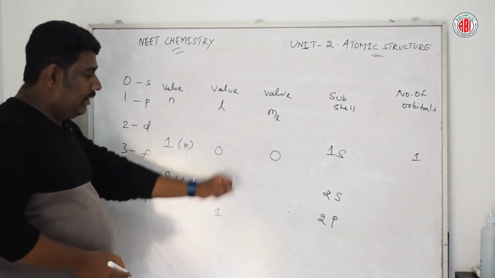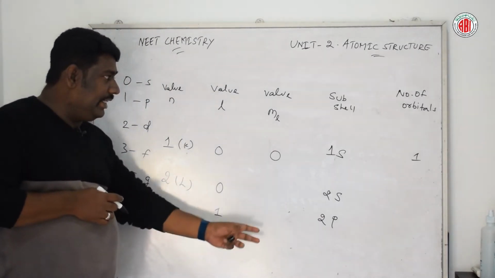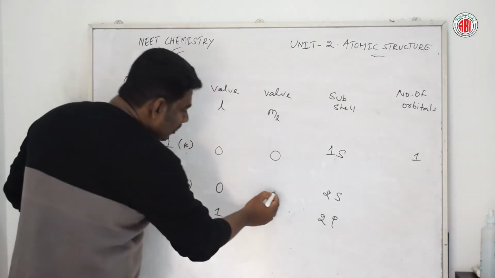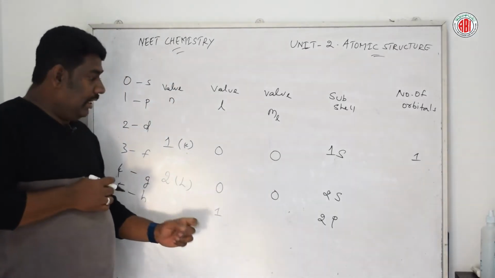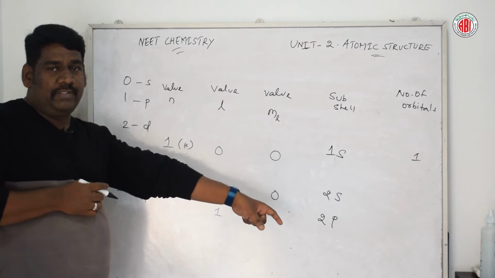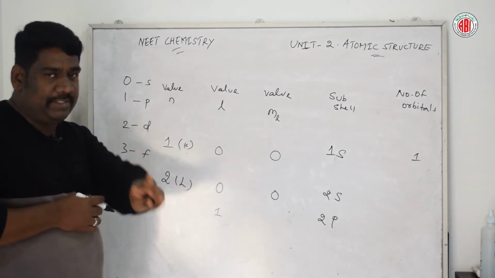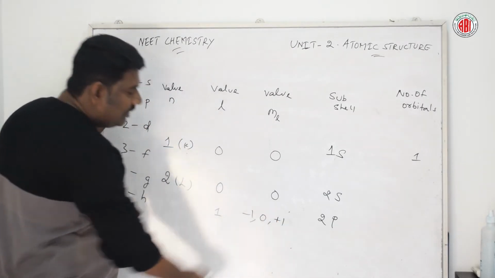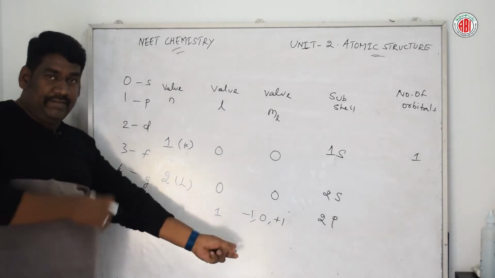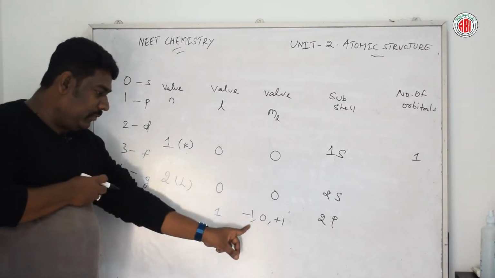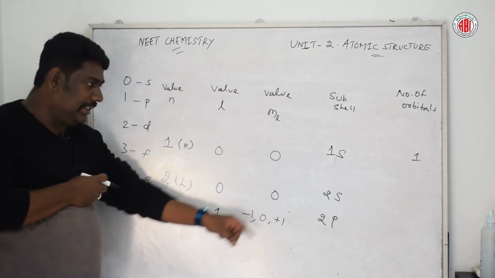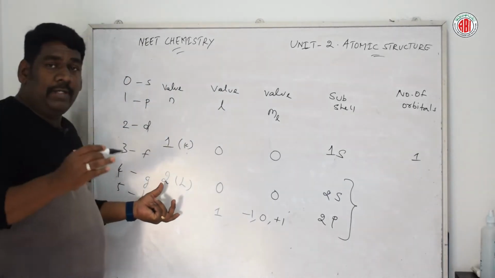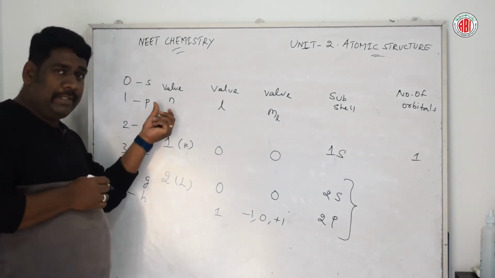Now we can describe this in detail. For l equal to 0, the ml value is also always 0. Talking about the p orbital, we already discussed that the p orbital has 3 different suborbitals, so it may have -1, 0 and +1. 3 are there. And here you see 1, 2, 3 and 4. How many orbitals are present? This is the entire set of values for the principal quantum number 2.